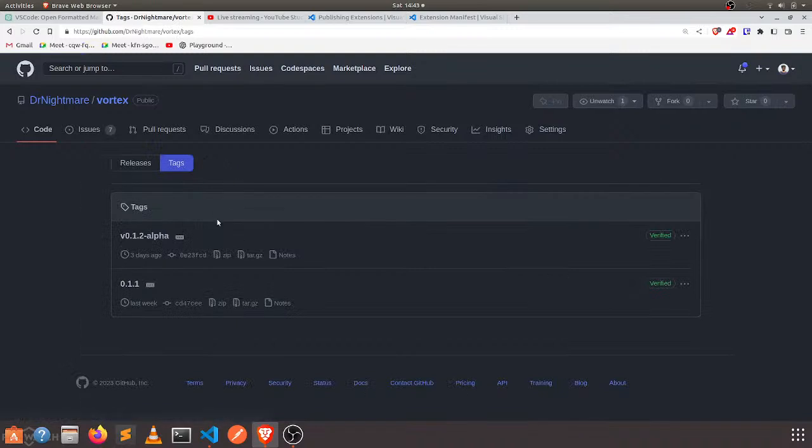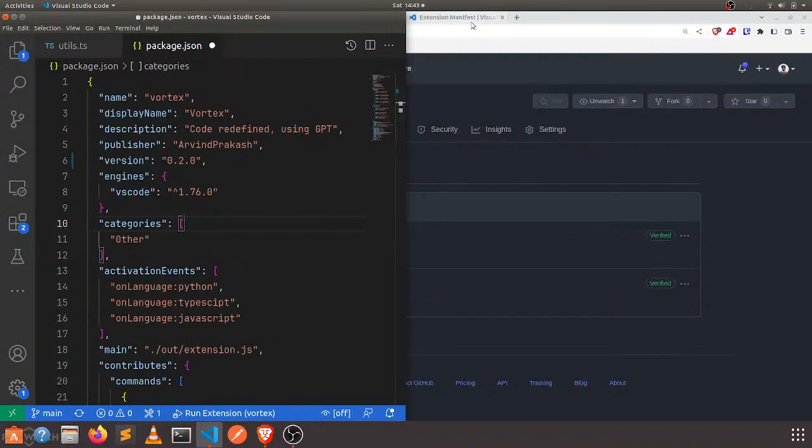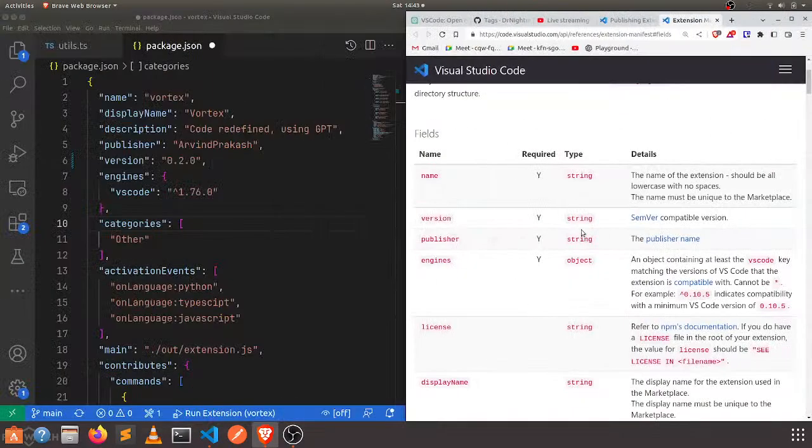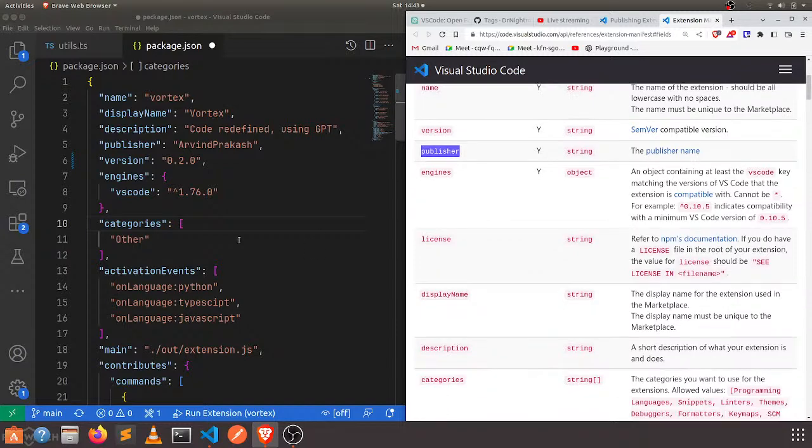I have two tags. 0.1.2 alpha, so I can make this 0.2 version, 2.0. Categories, engine is fine. Let's get this. The semantic version is set, fine. Publisher name there, engines is set, license. Let's look at